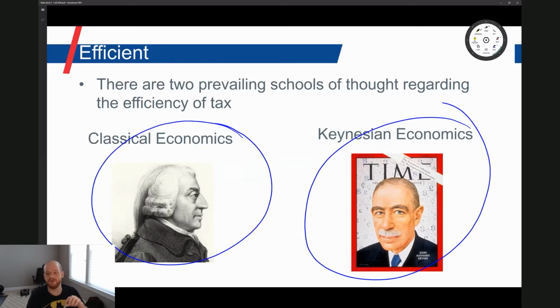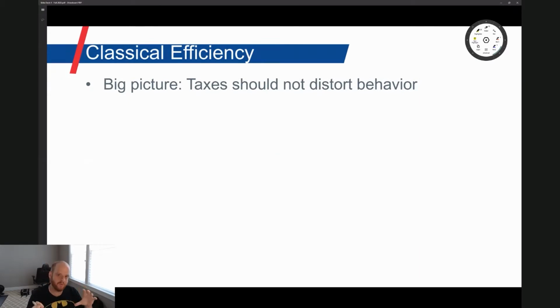So with classical economic theory, the big takeaway, so if you take one thing away, is taxes should not distort behavior. If you know anything about capitalism, it's probably this concept of laissez-faire, right? It means the invisible hand, and it is the belief that markets are perfectly competitive, therefore they are efficient to the point that any sort of external regulation, any sort of external interference actually decreases market efficiencies, right? So that is the starting point for this classical economic argument that taxes should not distort behavior.